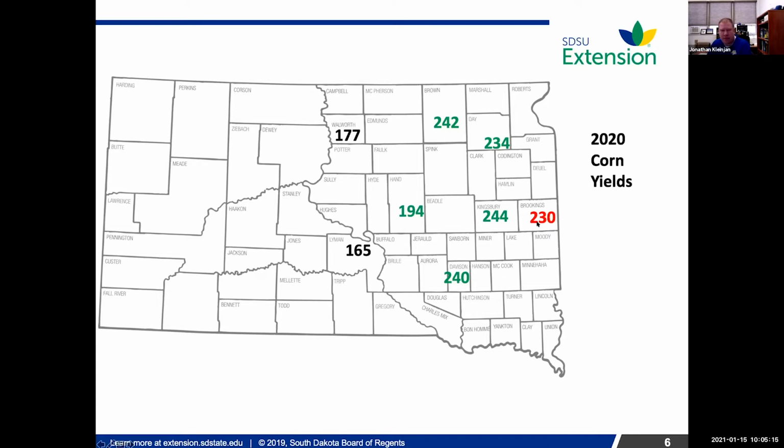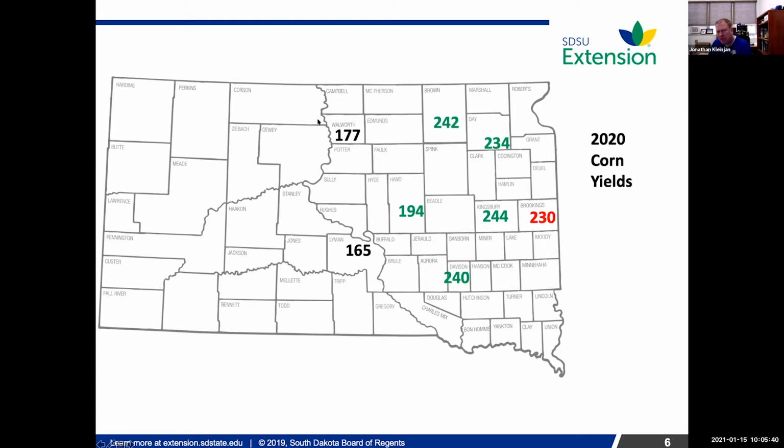And then out here in Selby, Selby is only the second year of testing there, so I didn't have a 5-year average. And Reliance was the first year of testing. This is their first foray West River. As the corn and soybean belt continues to move west, I thought that would be a good addition. So just kind of an interesting snapshot on how hybrids performed in the state this year.